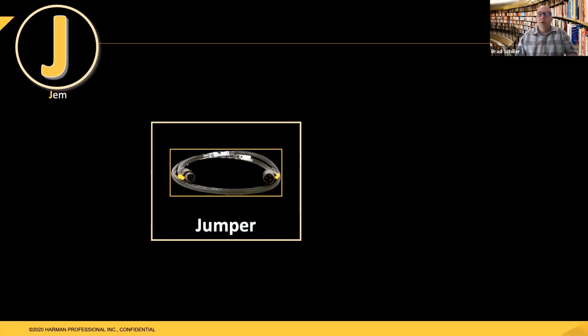In some parts of the world, it also can mean an adapter of one type of connector to another. So maybe you need a jumper to jump from, let's say, a True 1 adapt plug to a PowerCon plug, or True 1 to an Edison. Some people refer to that as a jumper, to jump from one type of plug to another. But more commonly, it's used to mean similar to an extension cable.